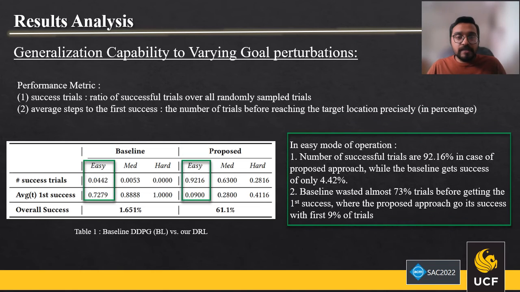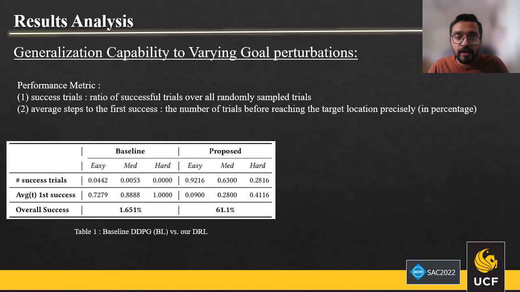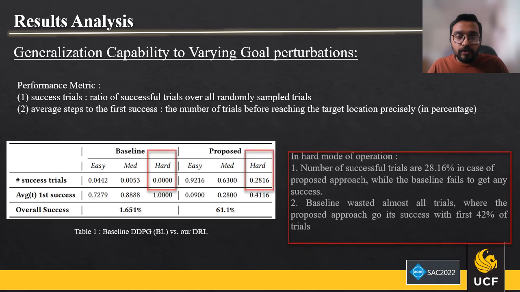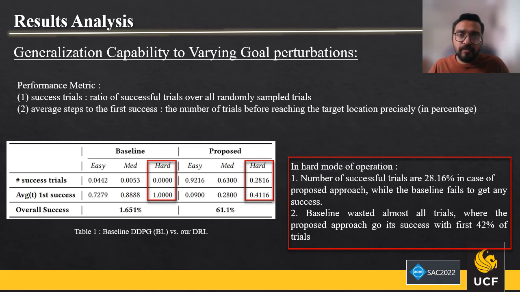If we see the easy mode of operation, our proposed approach gets success in 92% of cases, where the baseline gets success only in 4.42%, and the baseline wastes almost 73% of trials before getting the first success, where our approach gets success at 9%. Now, if we look at the hard mode of the operation, where the proximity is very